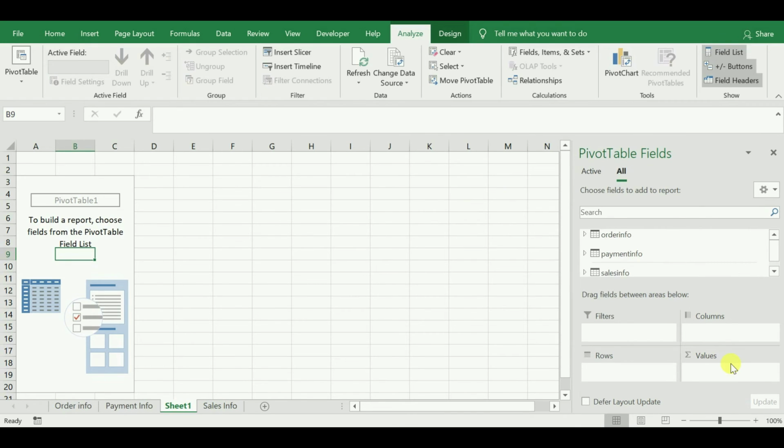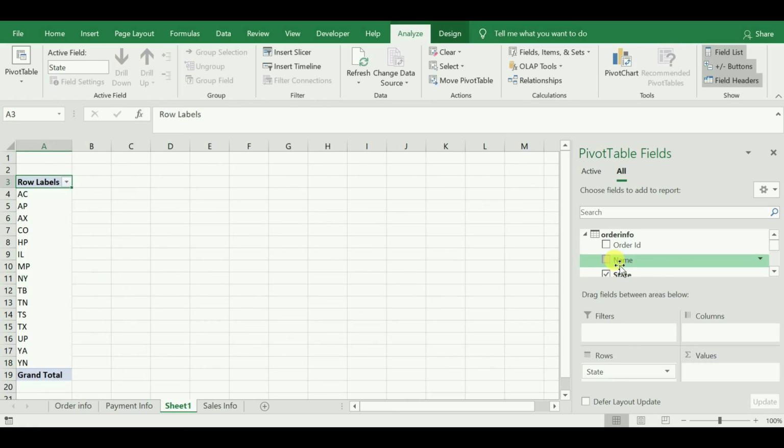After closing it, the final step is to drag the fields into the pivot table, according to our requirement. For example, my requirement is, from the first table, order info, I want state and name to rows. So I'll go to order info and drag state to rows and name also to rows.